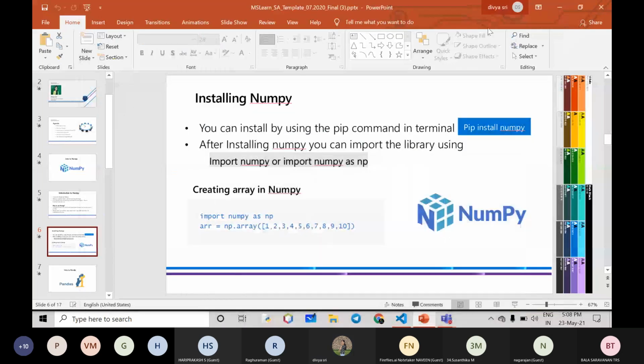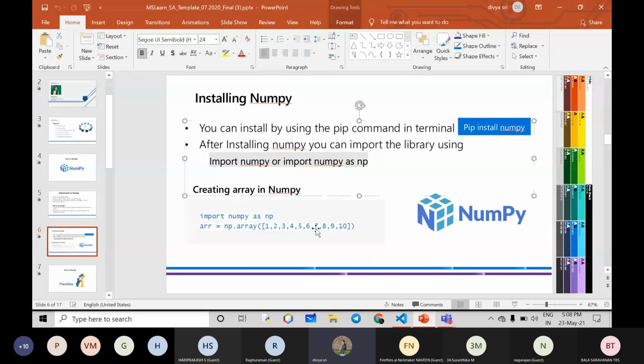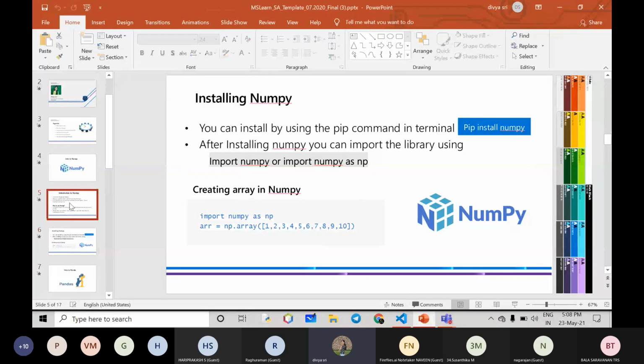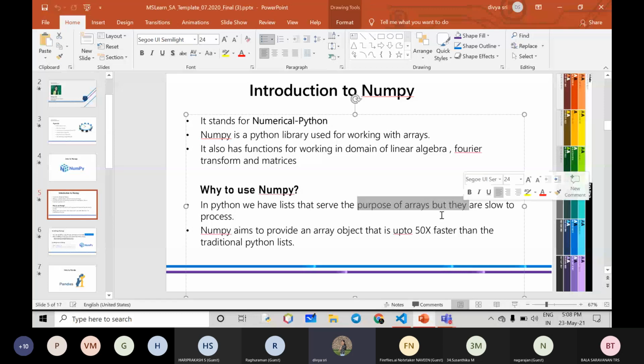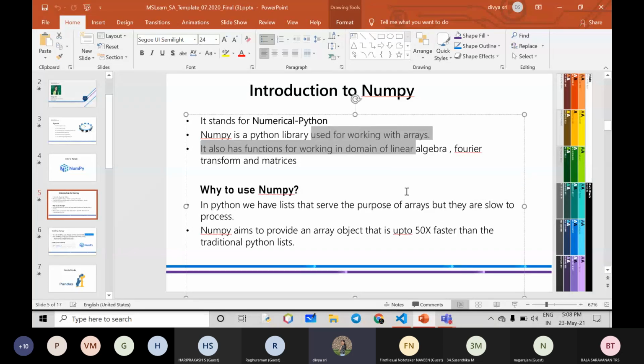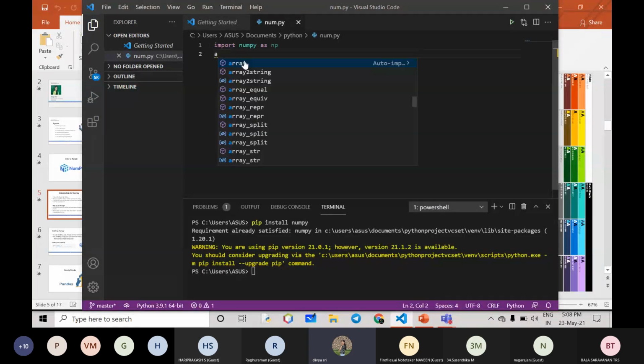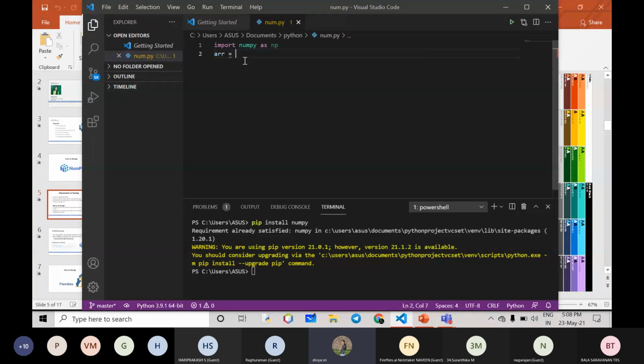Creating an array in NumPy. We have seen that NumPy is used for working with arrays. Let's create a variable ARR and call the NumPy library, np dot array. There is a function called array.